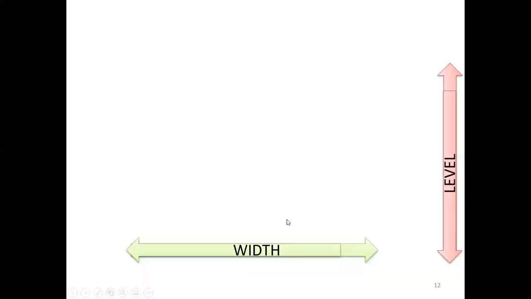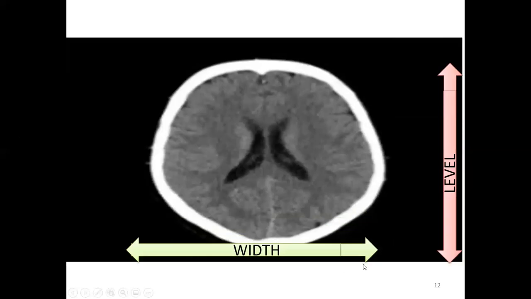So how do we understand this? Whenever you see an image, drag your mouse horizontally while clicking, and the width will change; that is called contrast. You can see the changes inside the image. Level is the brightness. Drag your mouse from down to up or up to down, and the window changes; that is called brightness or level. If you drag diagonally, the window width and level combination will change.